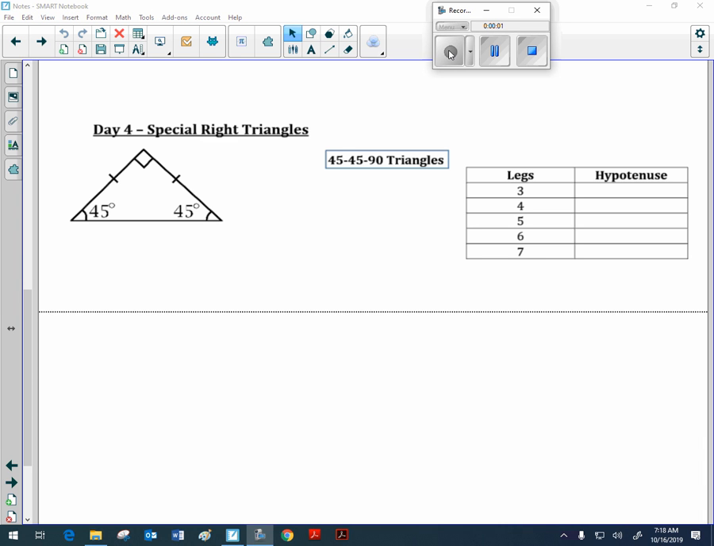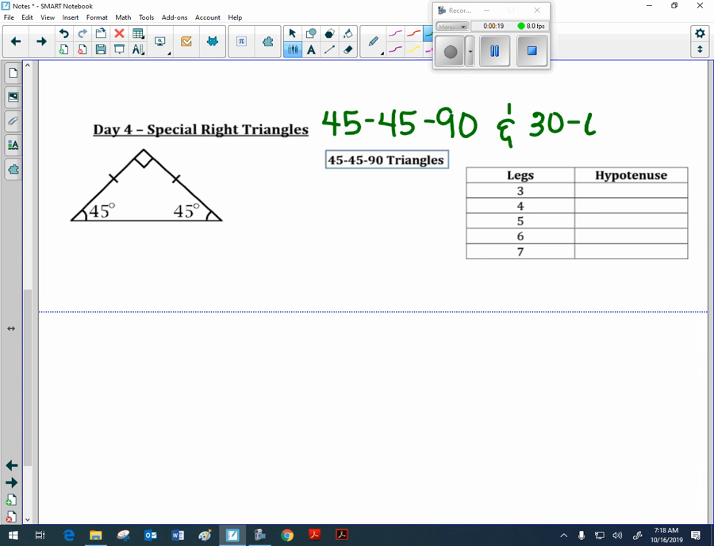Today we're going to be talking about special right triangles, and with the special right triangles we're going to be talking about two different scenarios. One of the scenarios is when our triangle has angles of 45, 45, and 90 degrees. The other one is when your triangle has angles of 30 degrees, 60 degrees, and 90 degrees. So when we begin and start talking about the 45, 45, 90 right triangle, in the picture that we have,